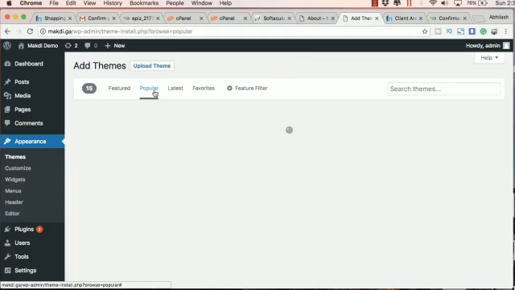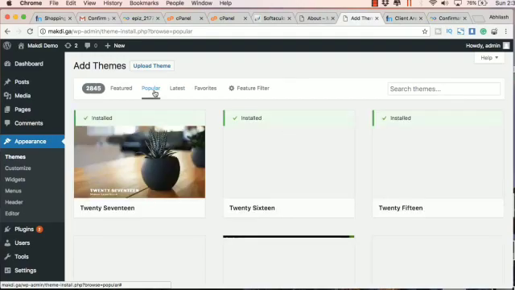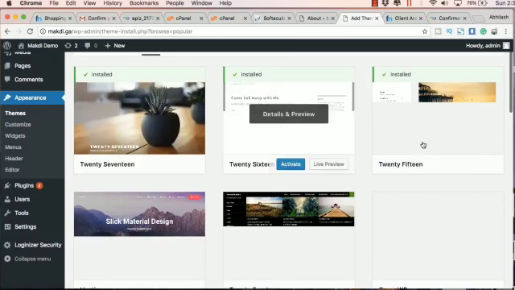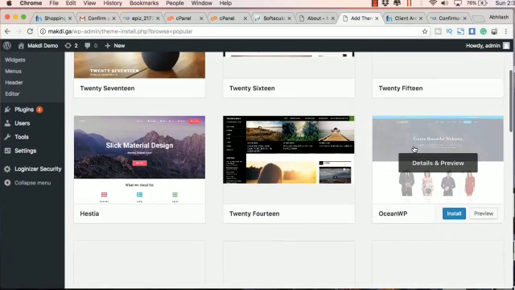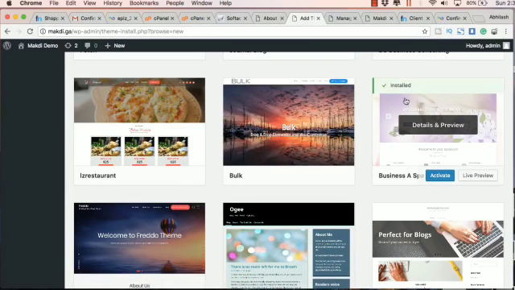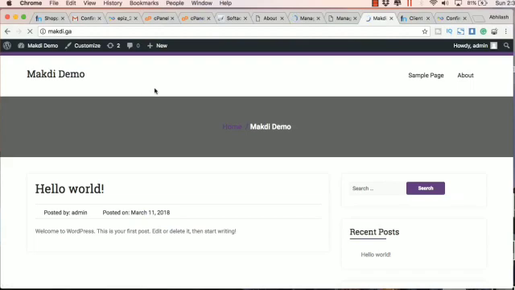So once it's loaded, you can just scroll down and select any one of these themes. I will just install this business spa theme, and I have just activated it, and this is how it looks.